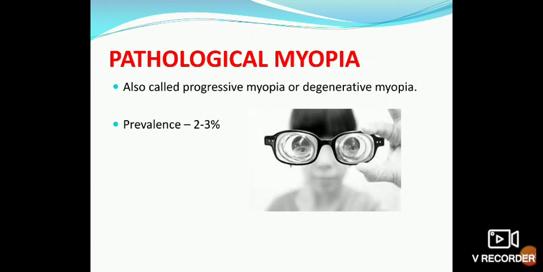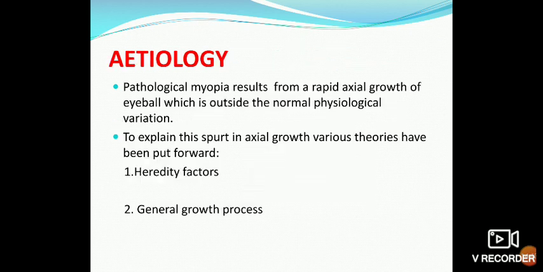Okay, another variety is pathological myopia. Prevalence is around 2 to 3%. Pathological myopia is also called progressive myopia or degenerative myopia. Okay. Etiologically, this myopia is due to rapid axial growth of the eyeball, which is outside the